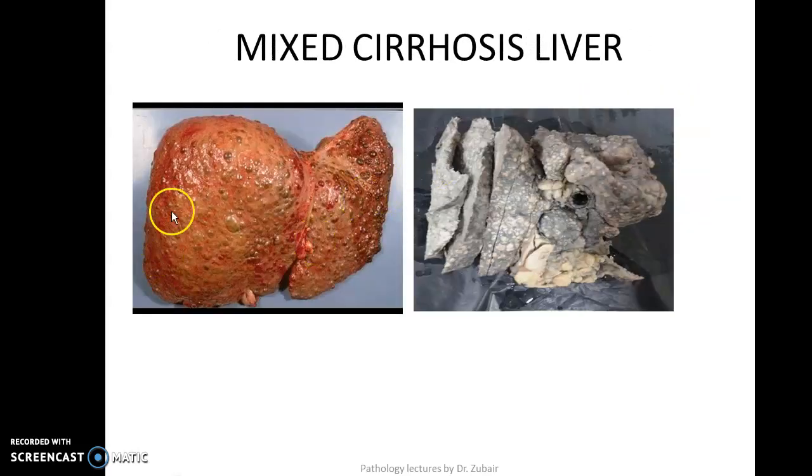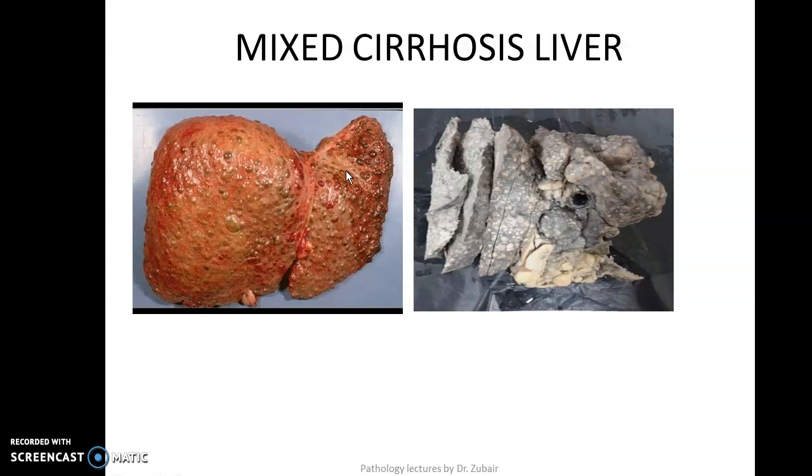Next, coming to a specimen of cirrhosis of liver. So again, you will say this is a specimen of an enlarged liver or a shrunken liver. You have to judge by the size of the specimen, and what you find here is nodules. Tiny nodules are there on the surface of the liver. And how do you classify cirrhosis? Based on the size of the nodules. More than 3 millimeters becomes macronodular cirrhosis. Less than 3 millimeters becomes micronodular cirrhosis. It could be a combination of both. So you have micronodules as well as macronodules.